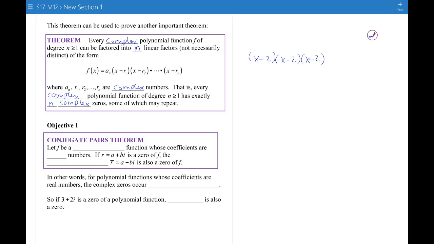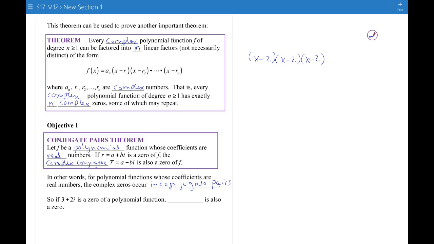So let's let f be a polynomial function whose coefficients are real numbers. So this is a subset. If the number r equals a plus bi is a zero of f, then the complex conjugate, r with the bar over it, that equals a minus bi, is also a zero of f. So in other words, if you have a polynomial function with real coefficients, the complex zeros occur in conjugate